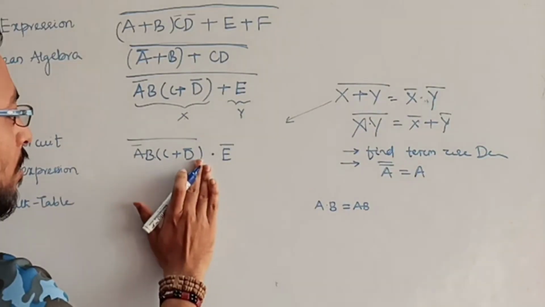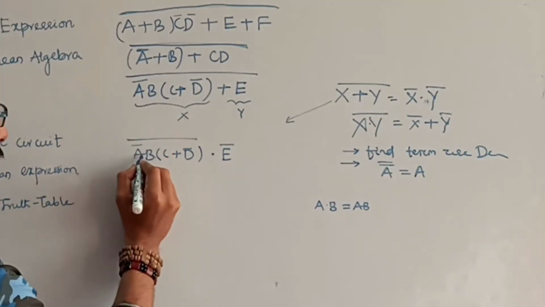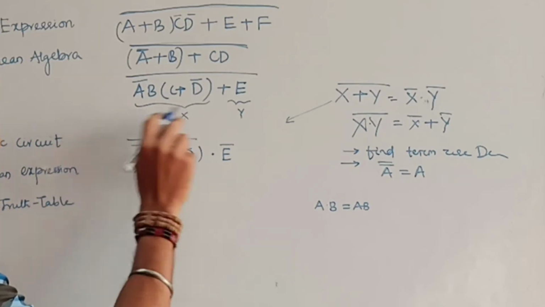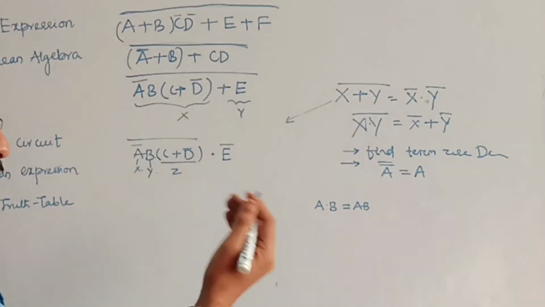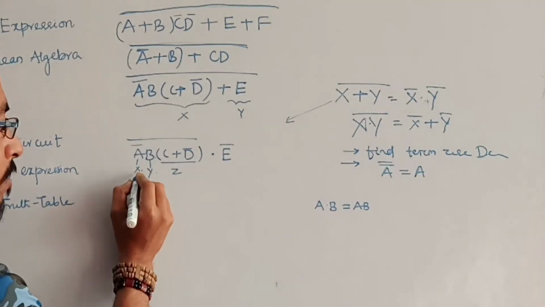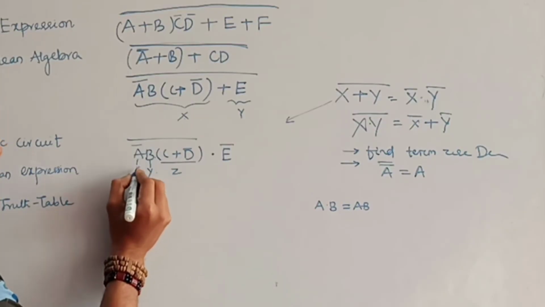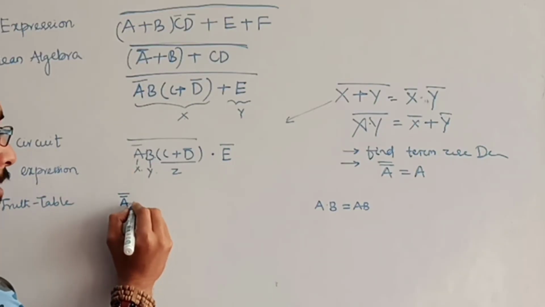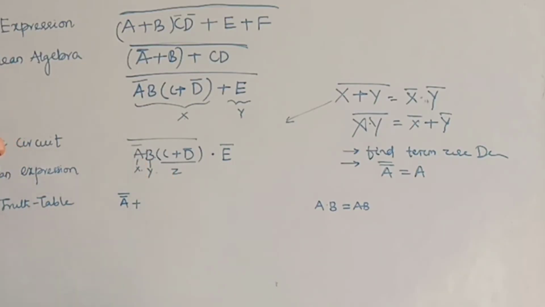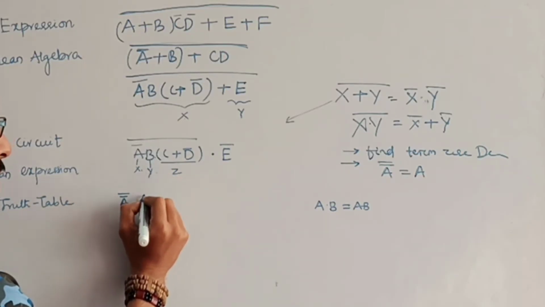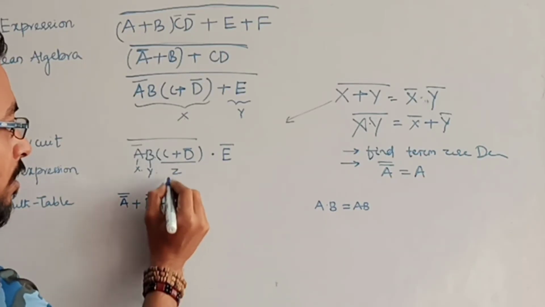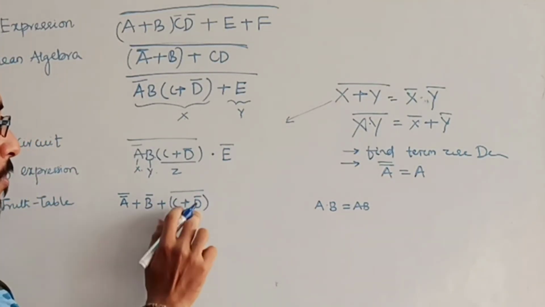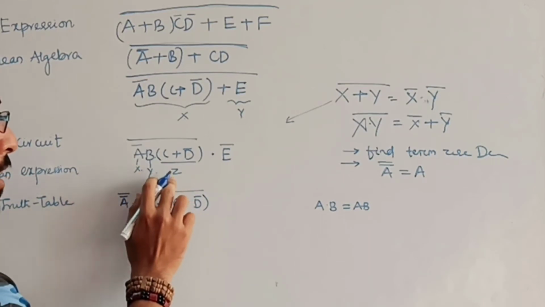So this term looks like x, y, and this whole term is z, x dot y dot z whole bar. Then what will be the formula for x dot y dot z whole bar? It is nothing but x bar plus y bar plus z bar. What is x? My x is nothing but a bar. Then x bar means a bar bar. This dot will convert to plus after applying De Morgan theorem. Then y is nothing but b bar. Then this c plus d bar is z, and z bar. So x bar plus y bar plus z bar, that is nothing but x dot y dot z whole bar.